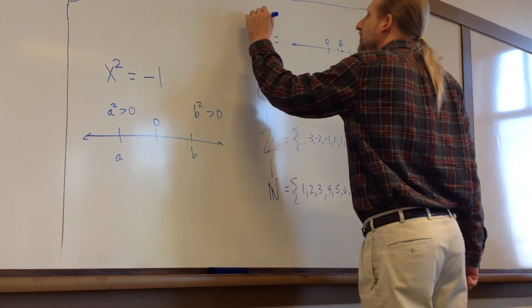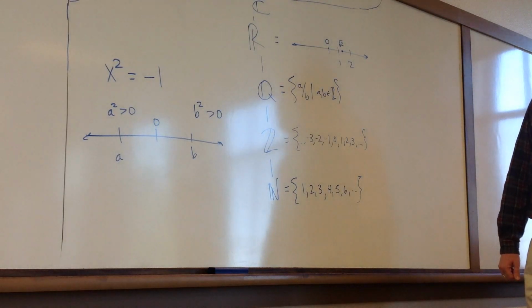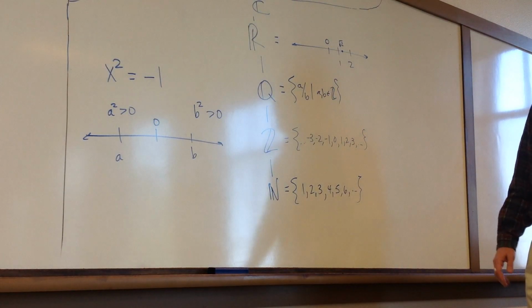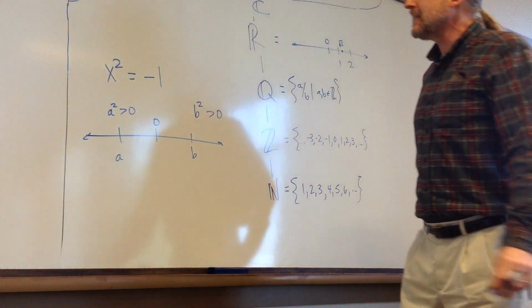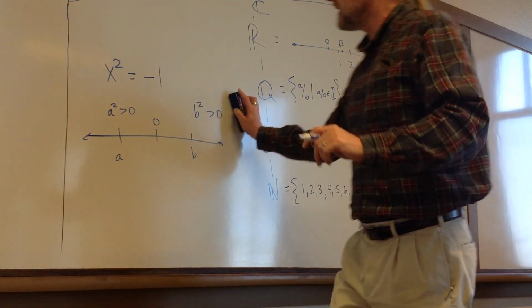And that's where the complex numbers come in. This is a C with a bar, is the way the mathematicians represent the complex numbers. And the idea is that what mathematicians did is